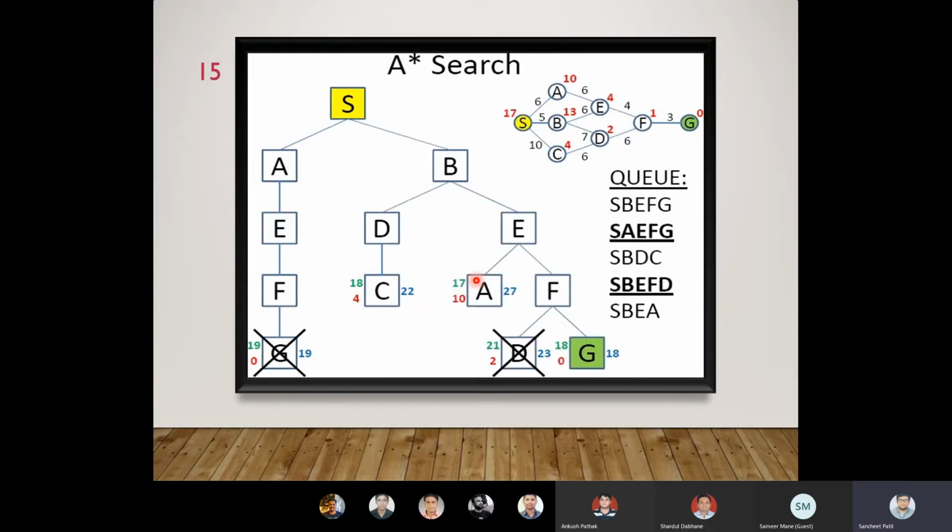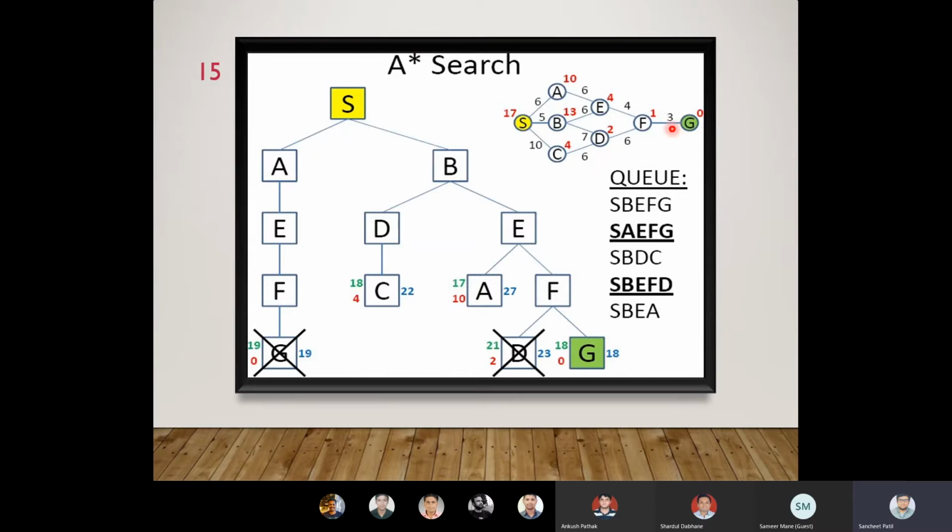So once it is bifurcated from D, E also, it will go likewise till G, and will achieve a G of 18, and hence the optimal path for going from S to G would be S to B, B to E, E to F, and F to G. That would be the most optimal path for this graph to travel.